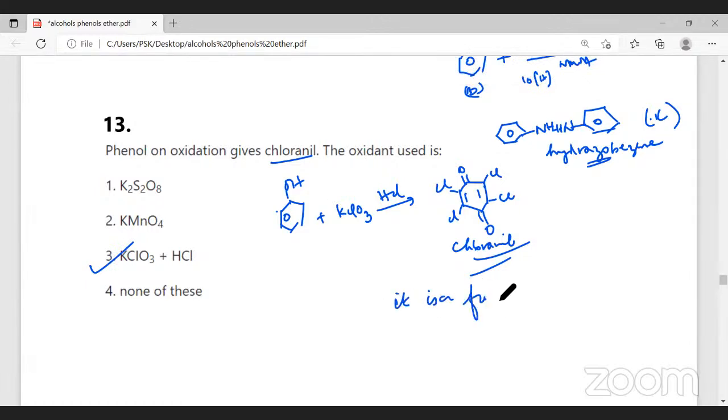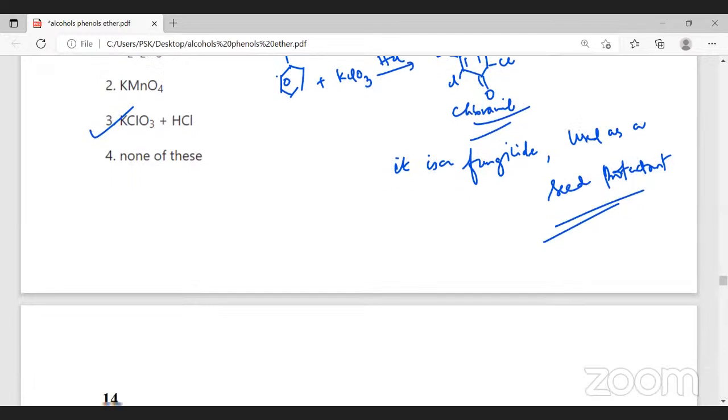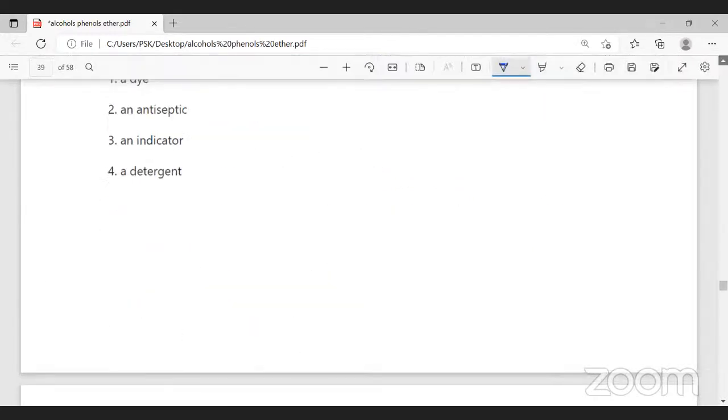It is a fungicide. It is used as a seed protectant. Hence, the answer for this question is option C, potassium chlorate and HCl. Oh, sorry. The next one,